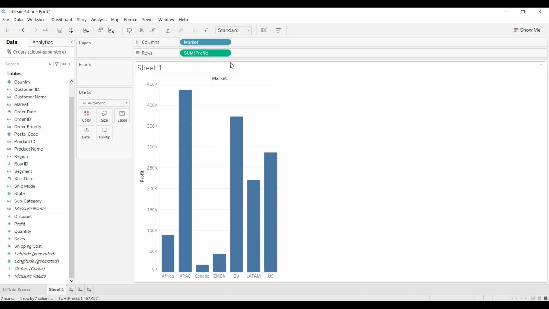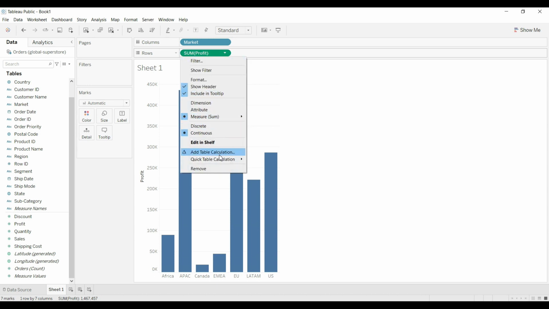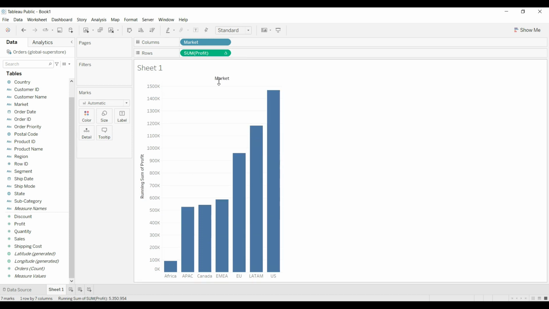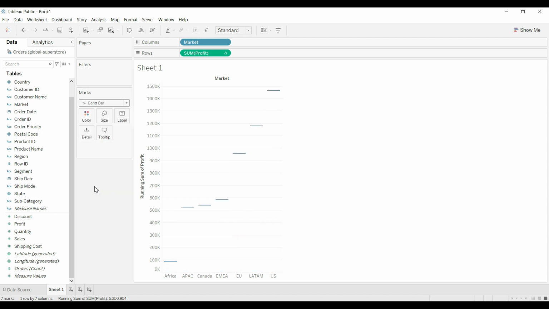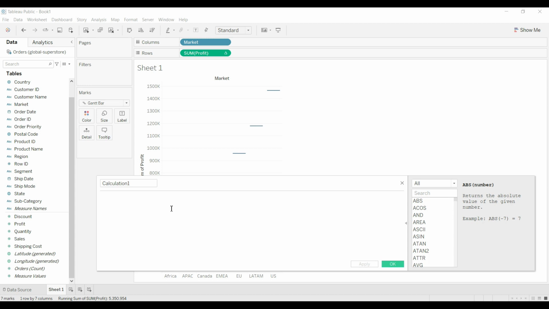Now the second step will be to create the running total of this bar chart. I will use the quick table calculation directly available in Tableau and select the running total. Okay, so this is done. Now the third step is to convert this bar chart to a Gantt bar chart. Third step is complete. Now the fourth step is to create a calculated field, which is negative sum of profit,